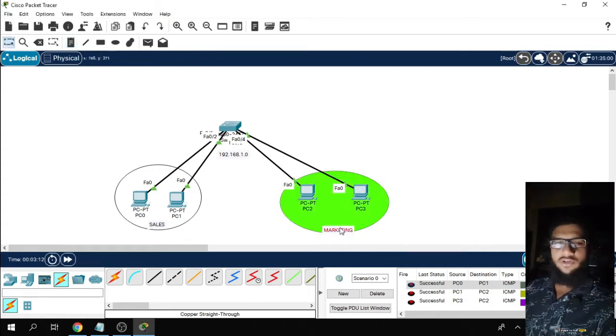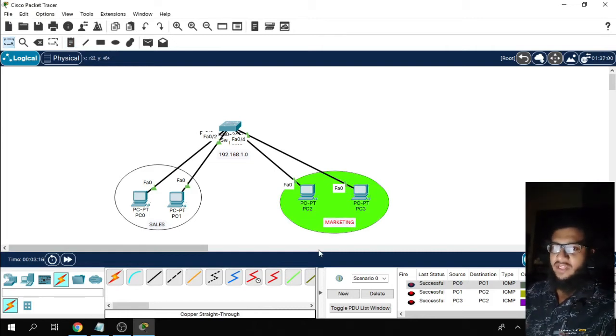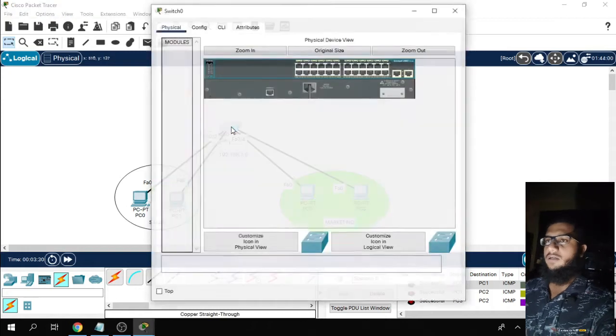So what was our motive? Our motive was to create a VLAN, so that with the help of VLAN we will be restricting the IP packets from going between the sales department and the marketing department. Only the departments of the same VLAN will be able to communicate with each other. So open this switch